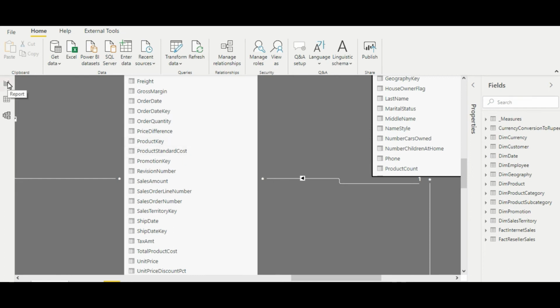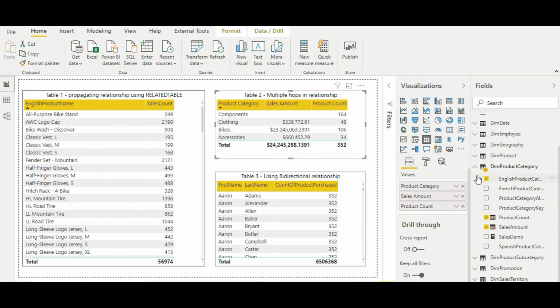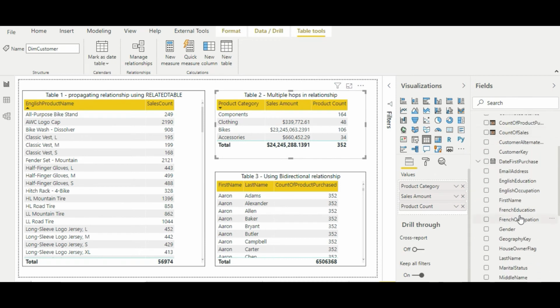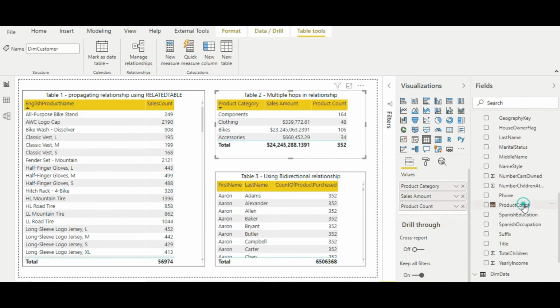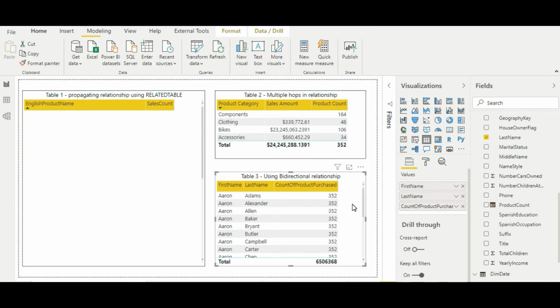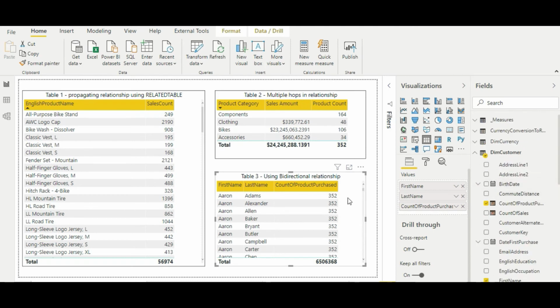What I will do is, I have created a calculated column in the DIM customer table. Let me show you that calculated column first. If I go to the DIM customer table and open this calculated column, you can see the DAX code. It's a simple code. I'm using the RELATEDTABLE function, and I'm trying to fetch the rows from the DIM product table and count the number of rows for each customer. Now let's see what happens. As you can see on the visual, I have kept the columns first name, last name, and this particular column which we have created, the count of product.